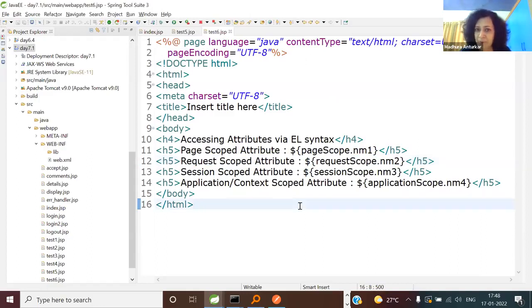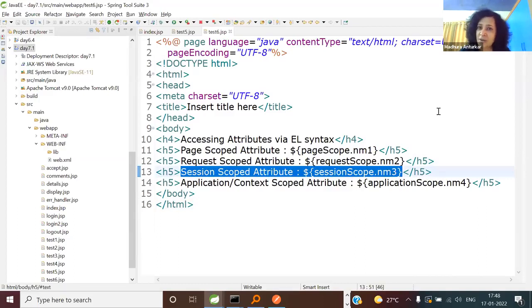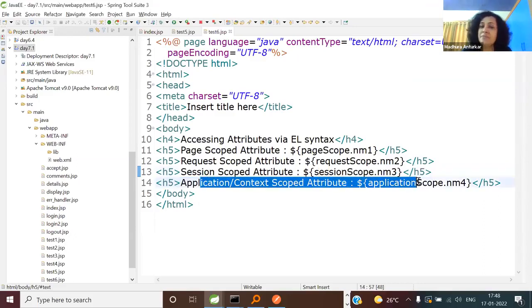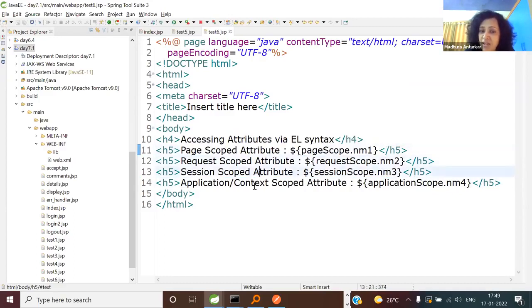So come back to here. Will you be able to access a session scoped attribute here? Will it be blank or non-blank? Of course, yes. It's a wider scope. So why not? And your application scope will also be accessible. So other than the page scope attribute, the request, session, and application scopes will continue to work.